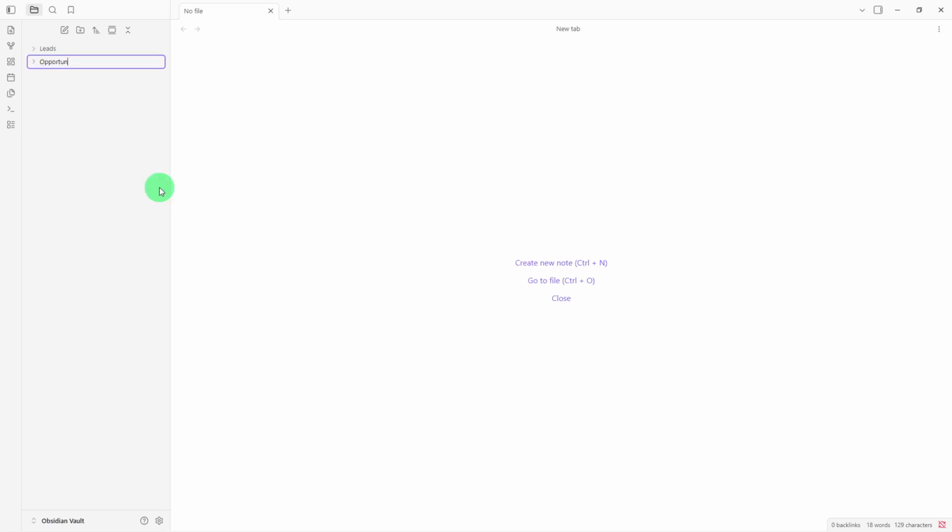Each folder represents a phase in your sales journey where potential customers move from initial contact to active deal to